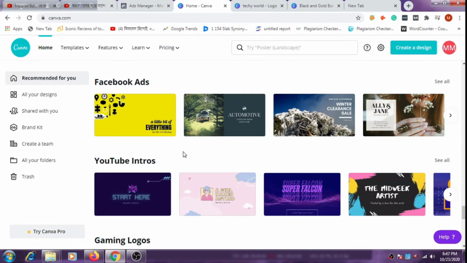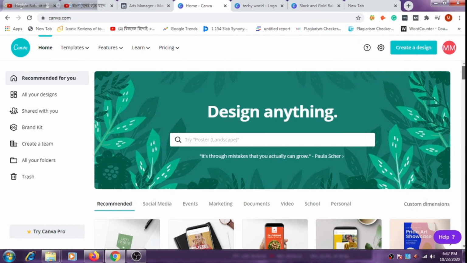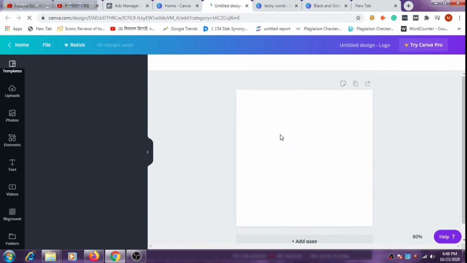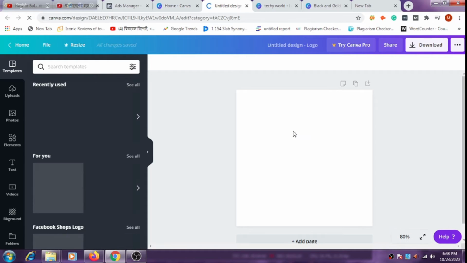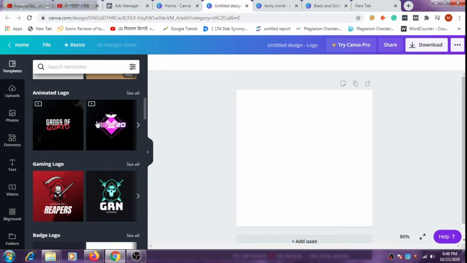Facebook ad. So I am going to show you all the features of Canva just by creating a logo. So I'm going to create a logo. You have to click on logo if you want to create a logo, and if you want to create a presentation, then you have to click on the presentation. So these are the templates that we have. If you scroll your mouse down, then you will see